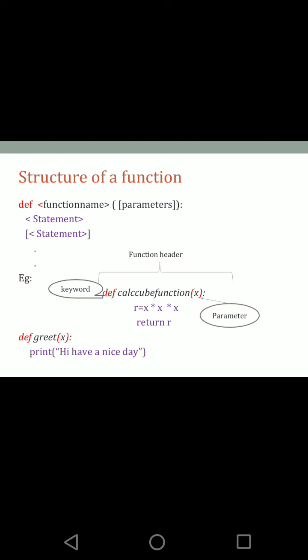Be careful, because this is one of the important questions asked for finding out errors. They'll define the function and they'll not put the colon there. So take care that the colon is one important point here. Always you start the function with the function header with the def keyword as well as end with the colon, and then you have to write the statements, or why this function has been used. You can see that function statement using the parameters which are given in the bracket, and it has a return statement also.